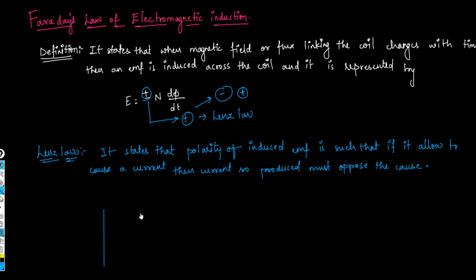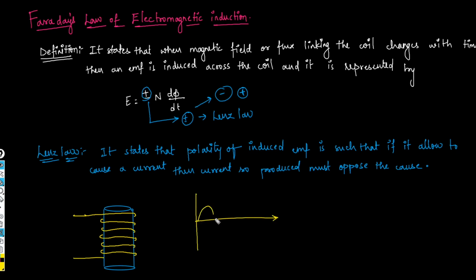let us take an iron core. This is an iron core, and we have some winding on it. In this way, the winding is wound on that core. Now assume we have a time varying flux, and this flux is directed this way as phi m. This is nothing but flux with respect to omega t. So this is the varying flux. Now here there is a switch and a load.